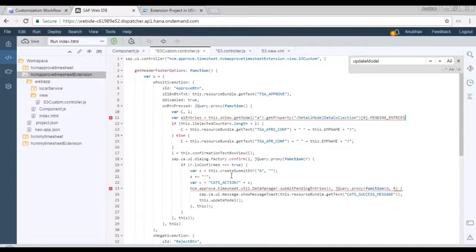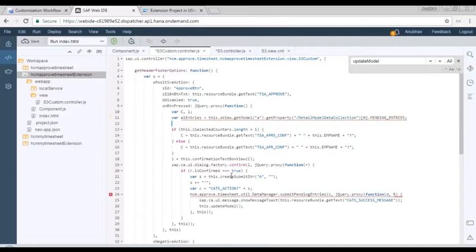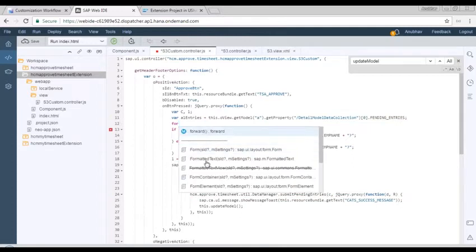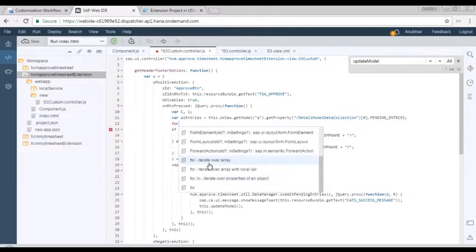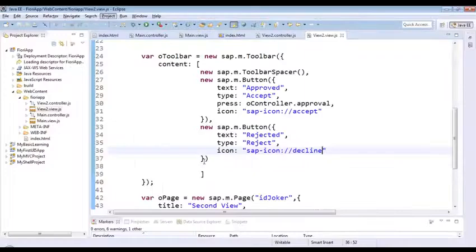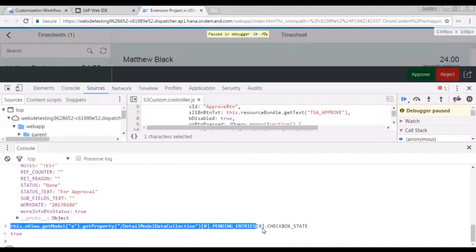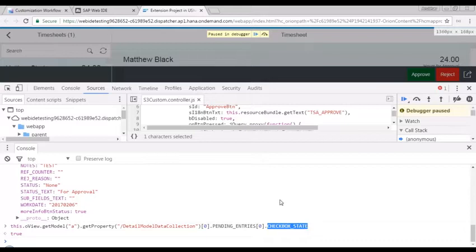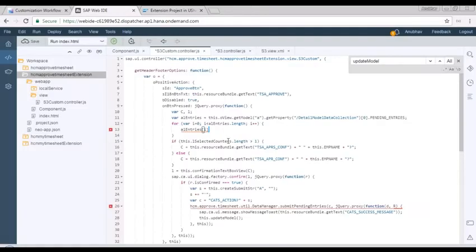Whatever entries I see there, all the entries will come in this. I create a for loop. Okay, can Web IDE help me iterate over this array? See how it's generating the code, and allEntries[i], every item, and let's go back. For every item, check the checkbox state, and if it is equal to true,